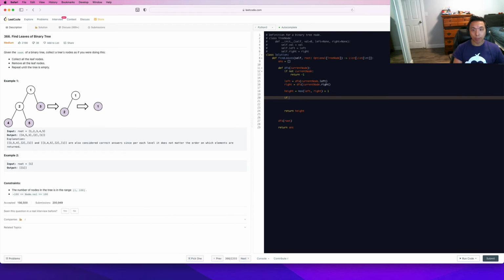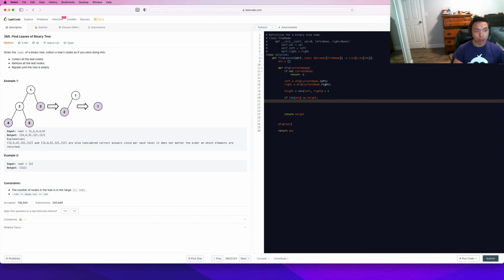So we're going to have, if the length of the answer is less than or equal to the height, what we're going to do is add an empty string, I guess you could call it, into our array so that we can add our values right after that. So we're going to append to the answer, and all we're going to do is append an empty string. So basically what's happening here